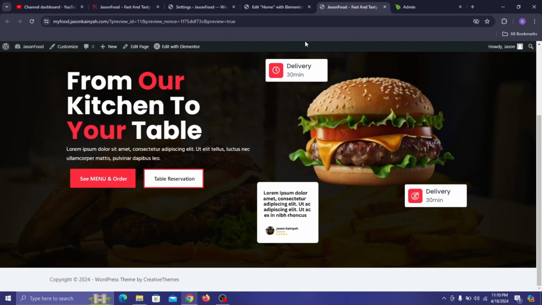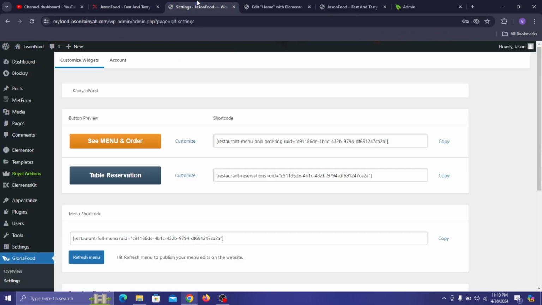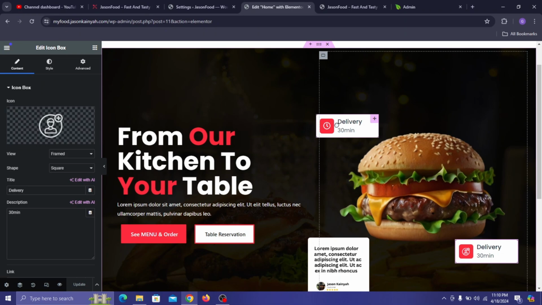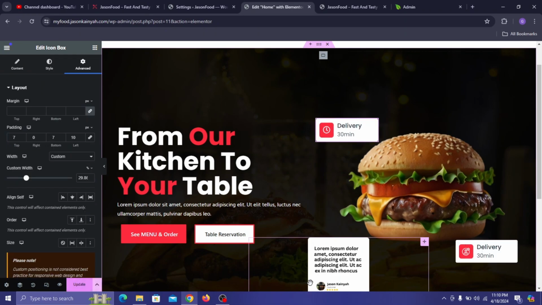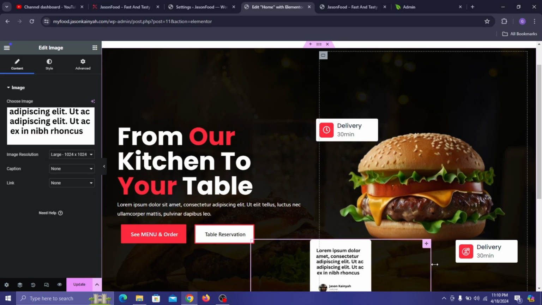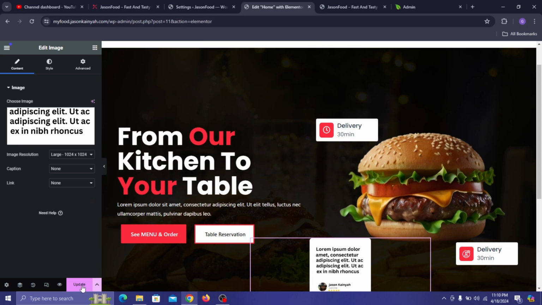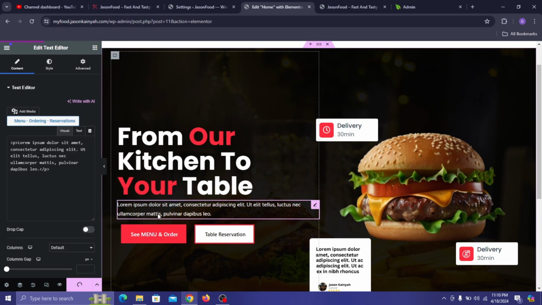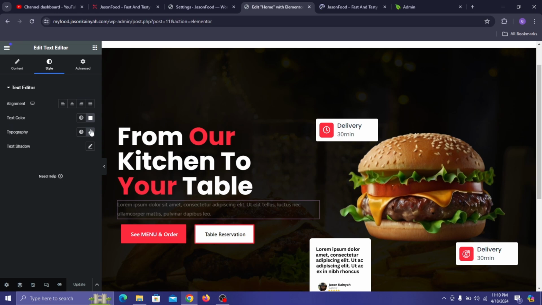Okay, so now let's build the next block, which is this one over here. But before we do that, come back here, drag this a little bit closer to this place, and then bring this somewhere here, drag this a little bit down. Okay, make it go up a little. Now just update it, then go over to this section where the text is, go to style, go to typography,